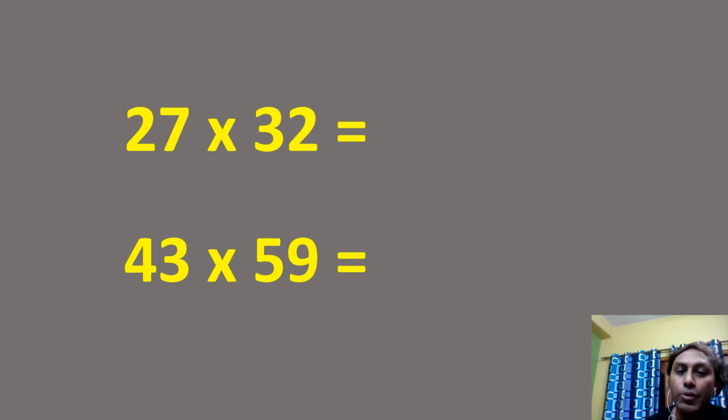So now if I ask you to multiply 27 and 32 in only 2 seconds, you would say that is not possible. But guys, that is quite possible, if you know the right approach. 27 into 32 is nothing but 864. Knowing the right approach, you can even write it instantly, as if you memorized the answer. And what is 43 into 59? That is nothing but 2537. Yes, you can calculate that. Let us now discuss that approach.